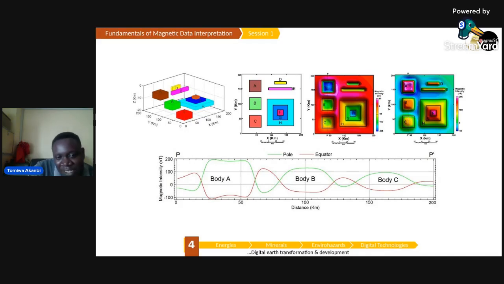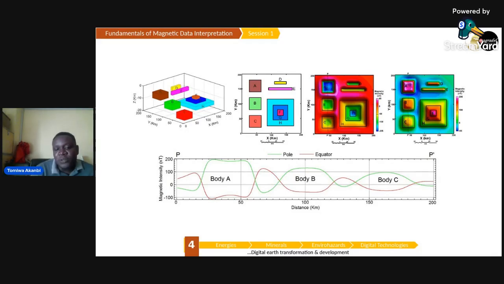So despite the fact that they are giving you mirror images of each other, it's not exactly the same thing. But of course, because in magnetics generally we don't usually do quantitative analysis, it's usually qualitative analysis that we do. So if you just flip the reduced to equator to get the reduced to pole,